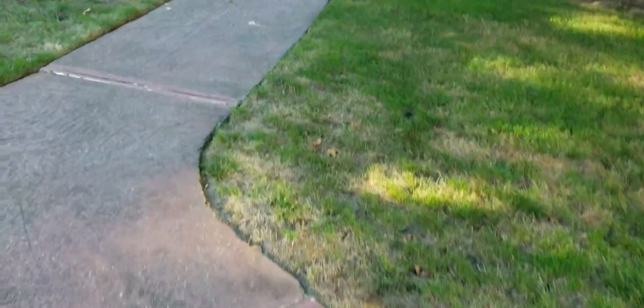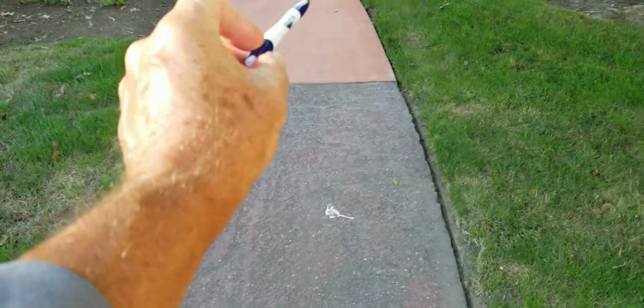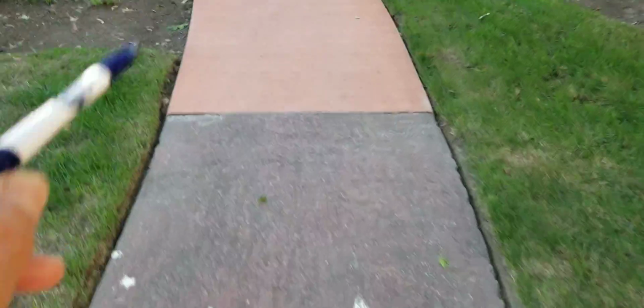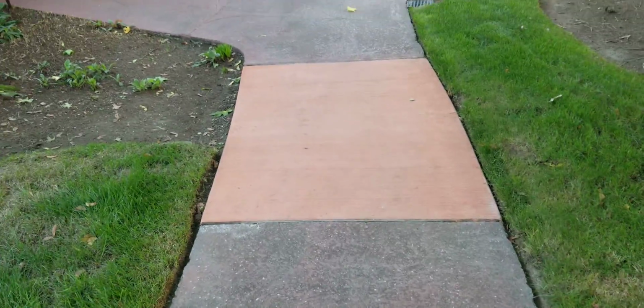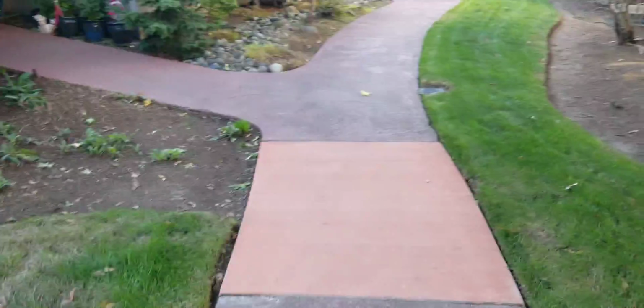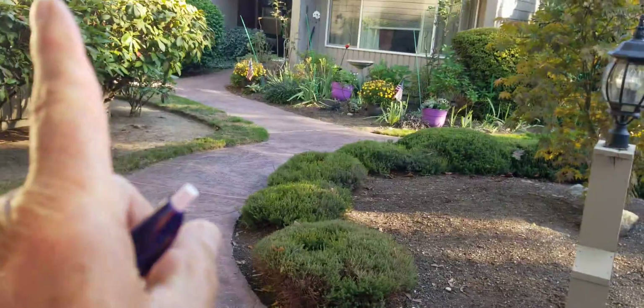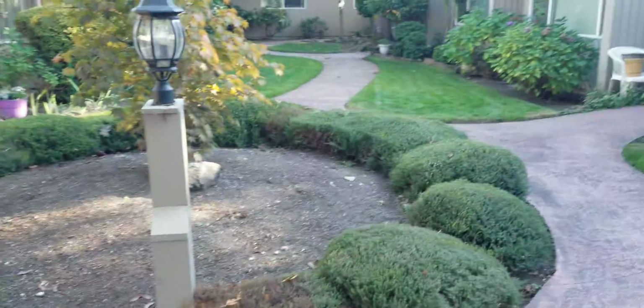Okay, so C1 is this lifted up section here. So we're going to go from this expansion joint, take out this piece of plastic, and do felt like when we poured that. So we're going to pour that exact same color. So now access to C1. If we can park on the street, 45 feet, one direction. If we can't park on the street,